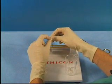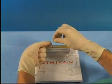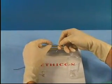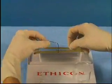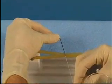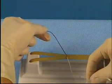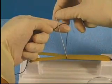To form a surgeon's throw, the process is repeated. The finger is rotated through the loop, and again the strand is pulled through, wrapping around the black strand twice. This throw is tightened and will resist tension due to increased friction. The second throw can be completed in standard fashion by making an X on the index finger,